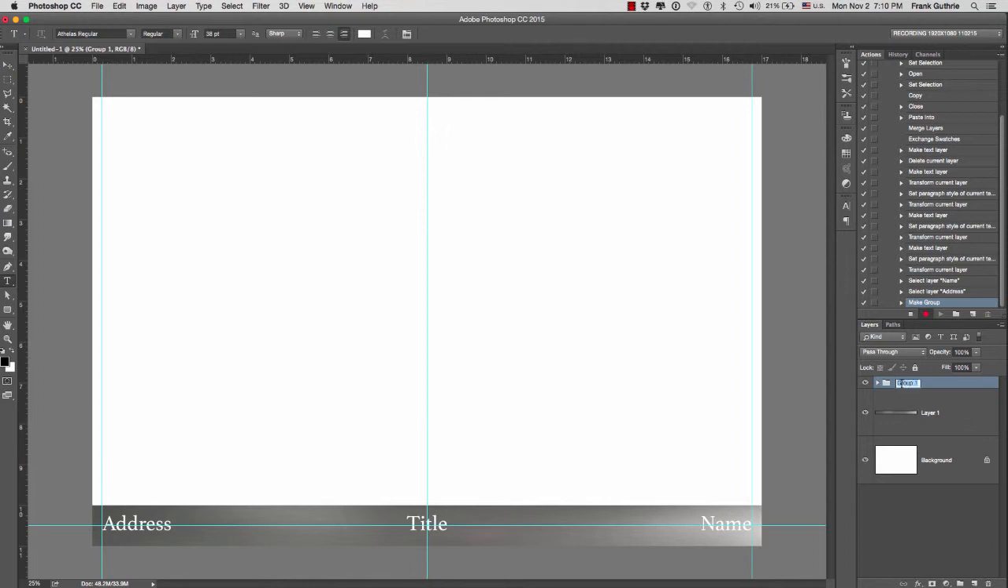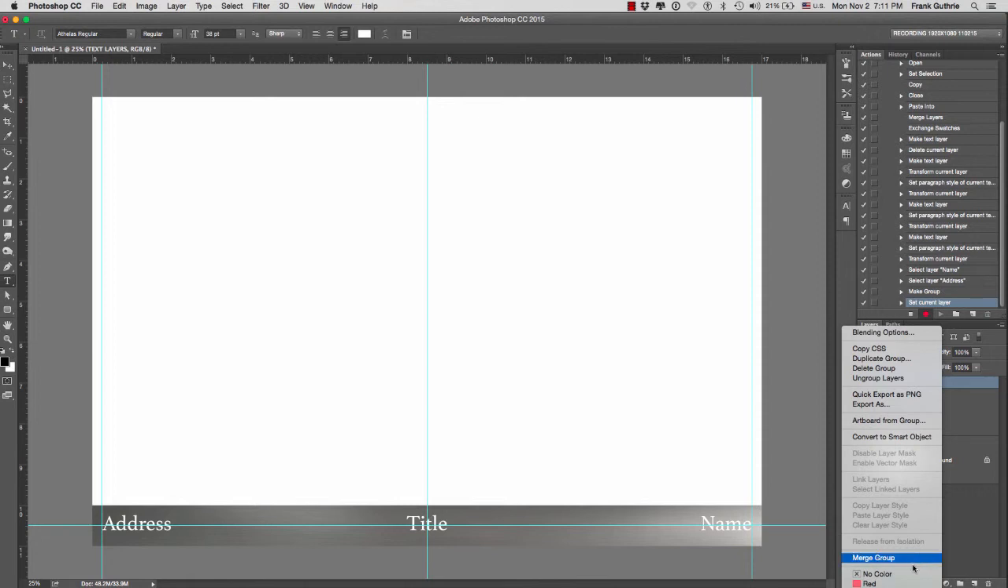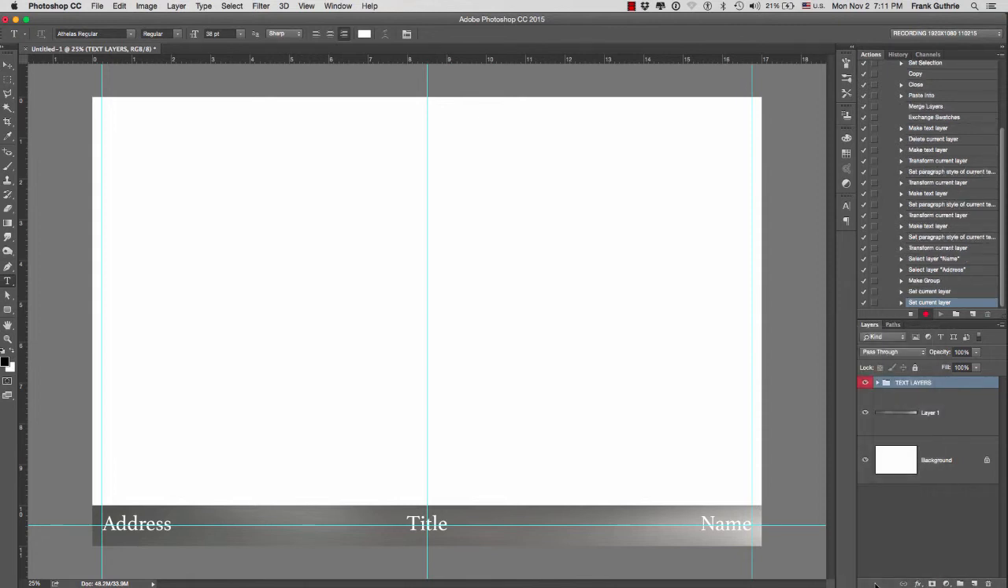I'm gonna name this group text layers. I can color code this group here by going to right mouse button and selecting, for example, red. And this is also recorded on our steps. And then what I can do, I can merge layer 1 with the background,